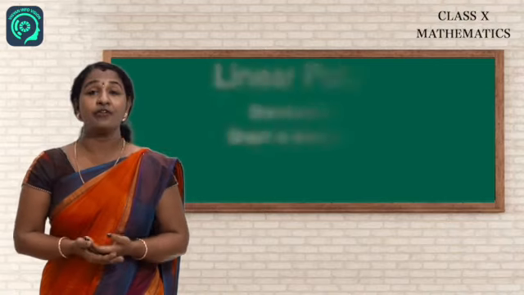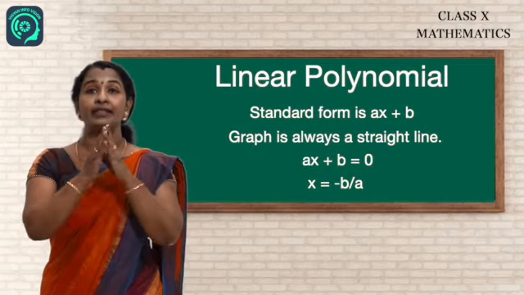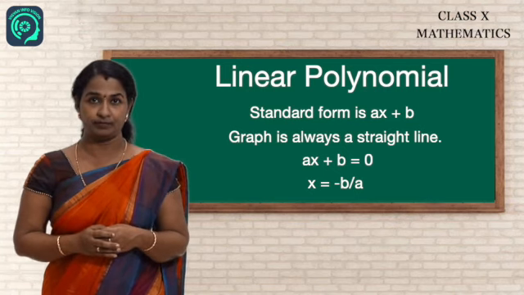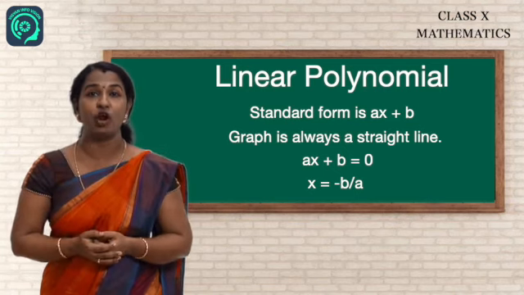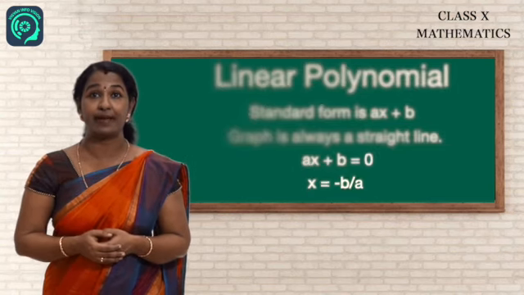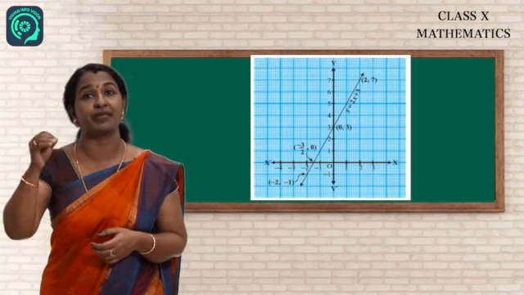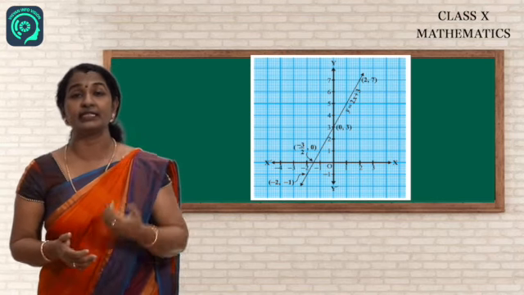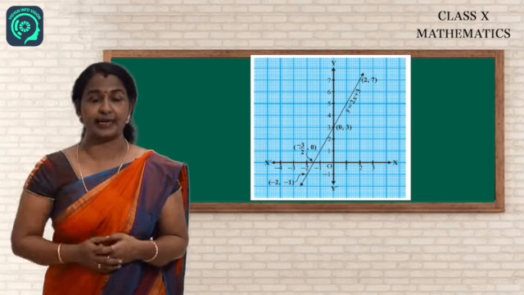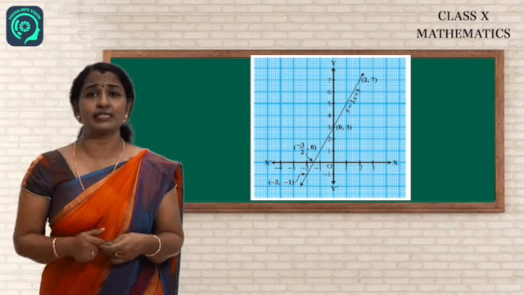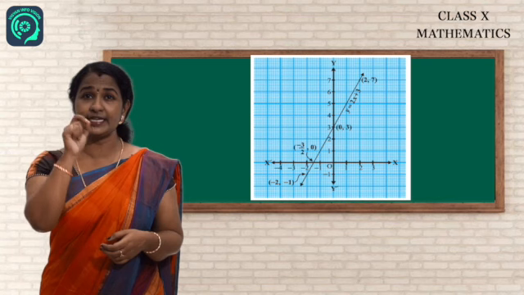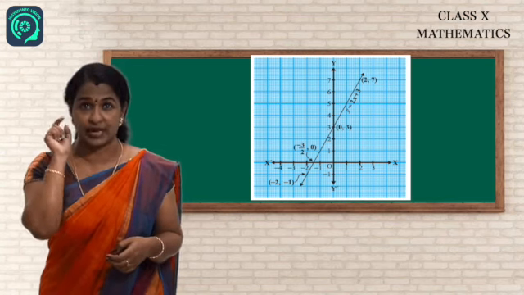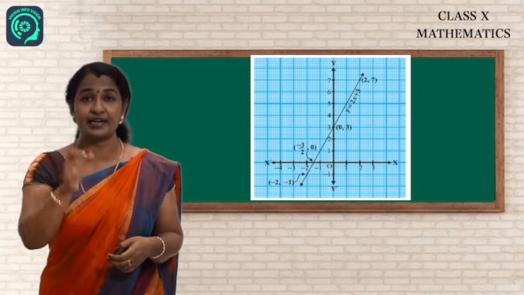Okay. So here we are dealing with linear polynomial and the graph of a linear polynomial will always be a straight line. Ax plus b will always be a straight line. For example, y is equal to 2x plus 3 or p of x is equal to 2x plus 3. When you draw the graph, you will get a straight line. And children, after drawing this, you can easily find out that it meets the x-axis only at one point. From the figure, it is very clear for you. From the graph, you can check it out.